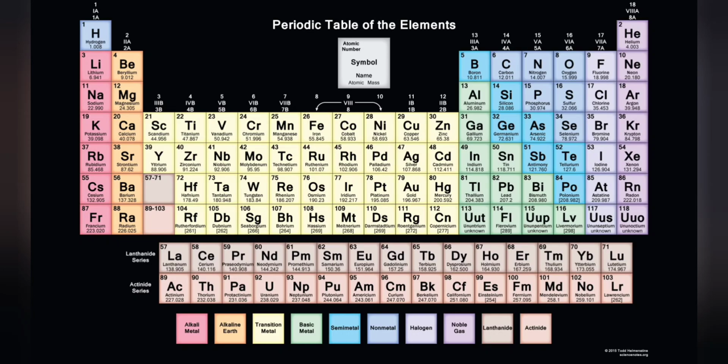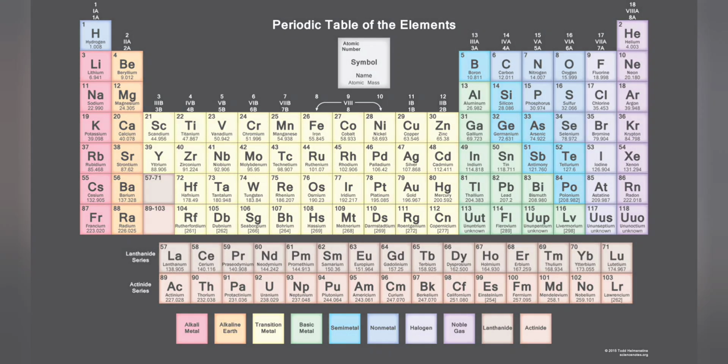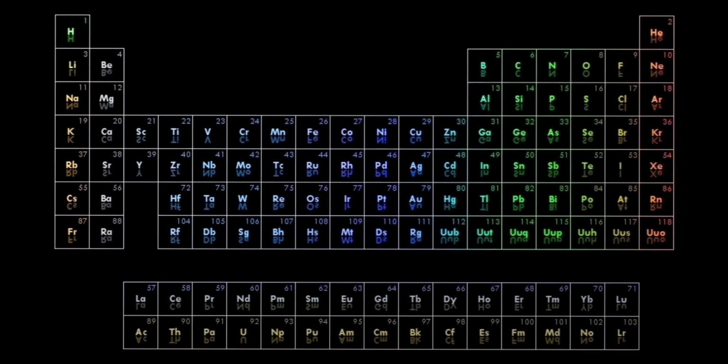It is not yet known how far the table will go beyond these 7 rows and whether the patterns of the known part of the table will continue into this unknown region. Some scientific discussion also continues regarding whether some elements are correctly positioned in today's table. Many alternative representations